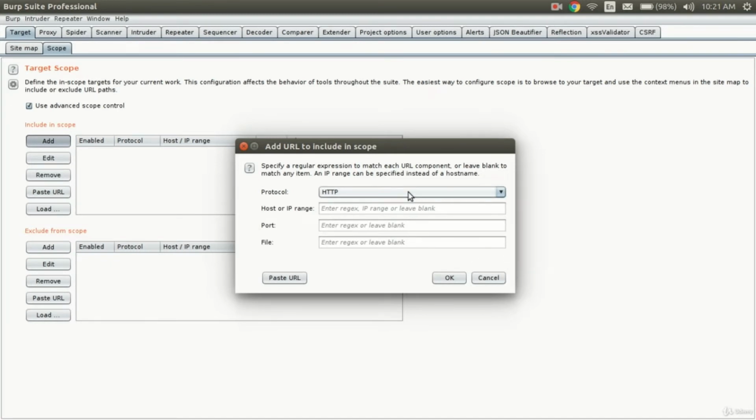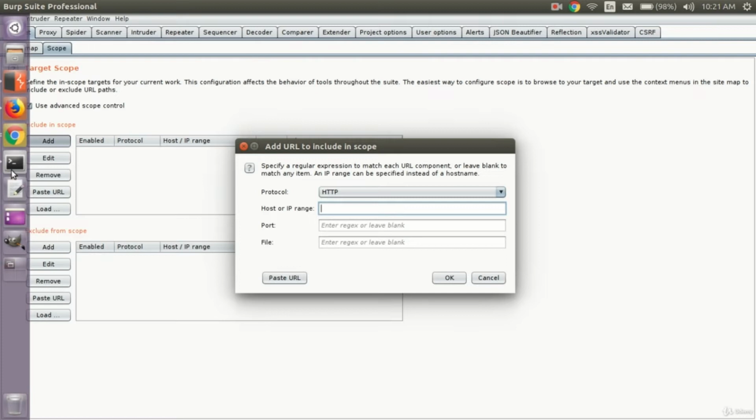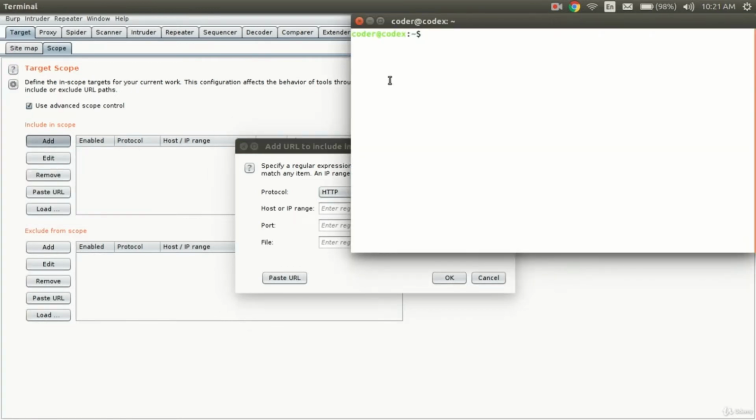It's actually very useful when you have got a website like this. Say there is a pen test, and they have said that you have to test the whole domain, like say test.com. It can be www.test.com, sales.test.com, blog.test.com.